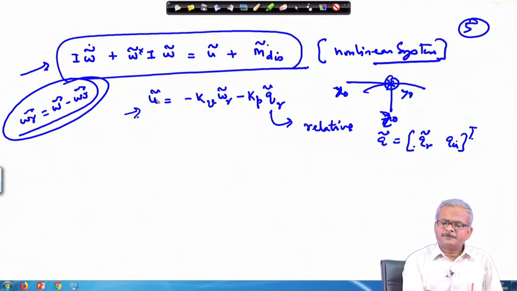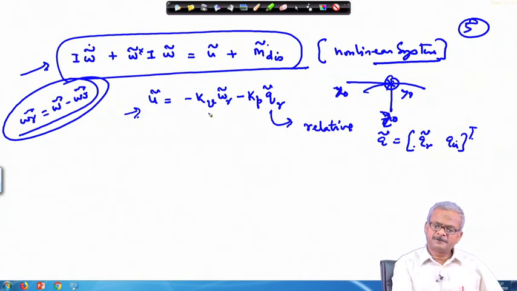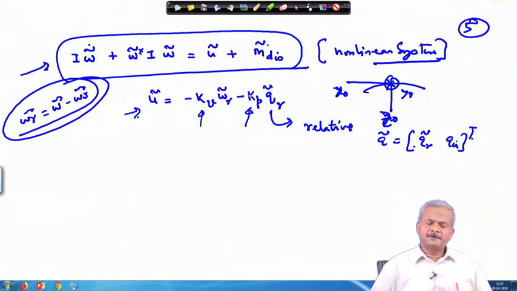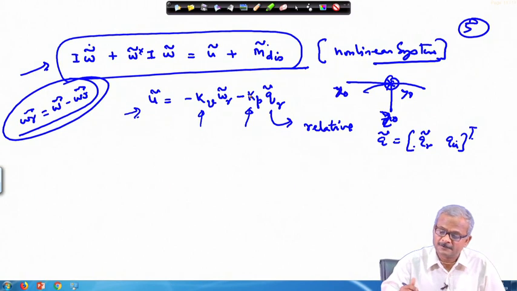So, using this you can do the control. I will be uploading the materials, and there you will see how to choose the K p and the K v values. Okay. But this kind of problem will not form part of the exam. This is for your knowledge, for your information, because it will become too large to tackle all these problems. Okay.